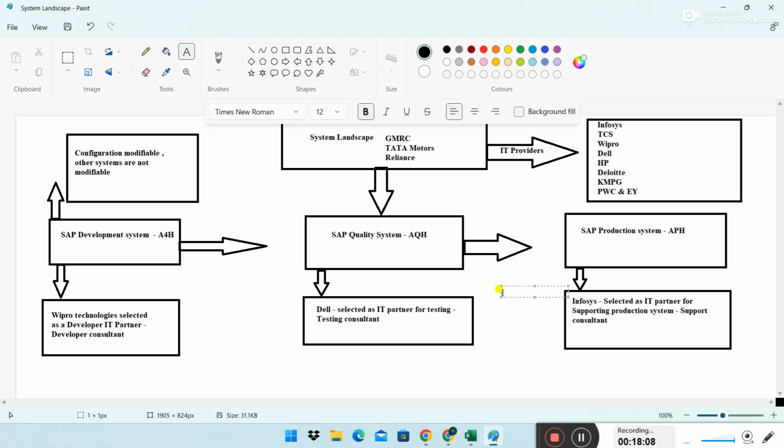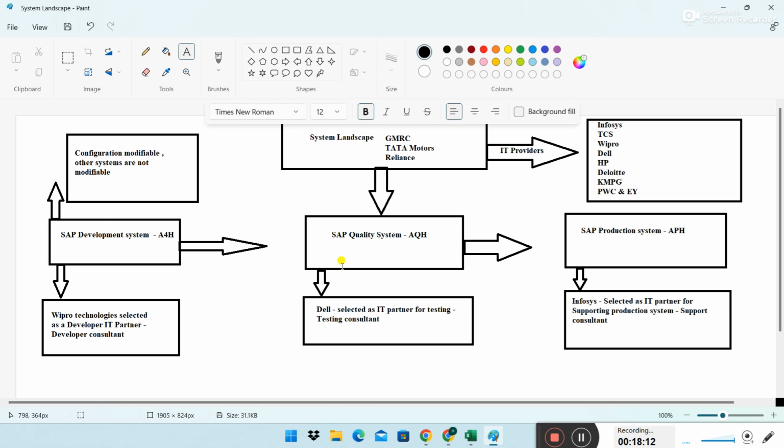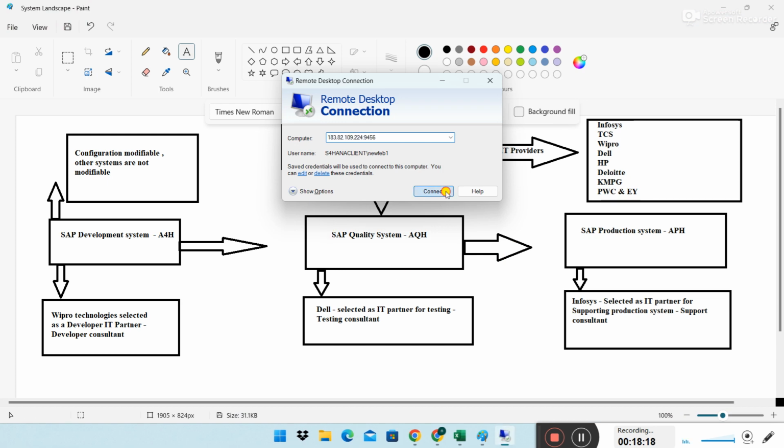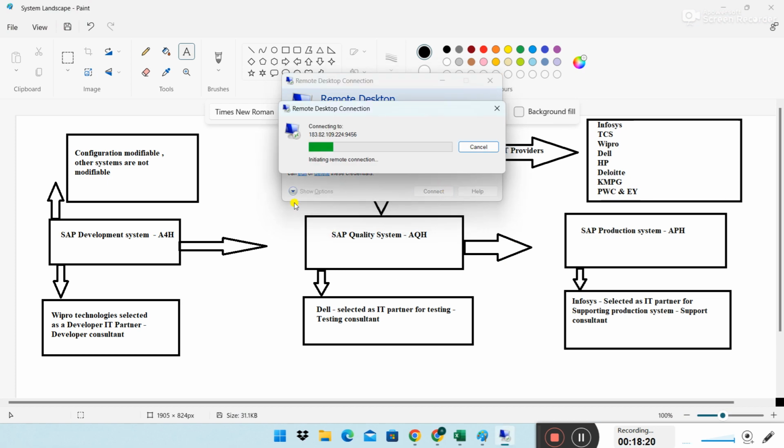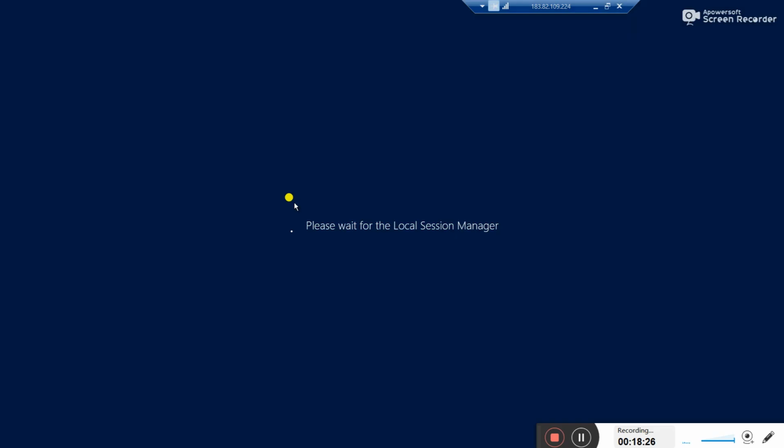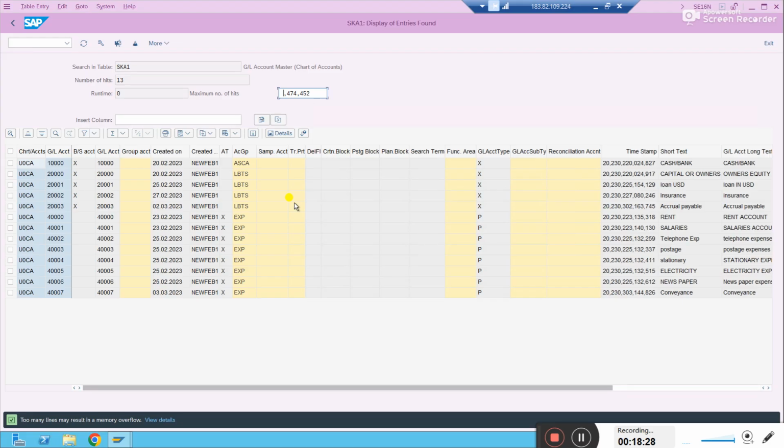Okay. This is a very important thing. System landscapes you should remember. Why I am telling again is, if you see our system in practice, whenever we open a system, you see only one system. This is not a real time system, right? We talk about real time scenarios, but when you join into the system,